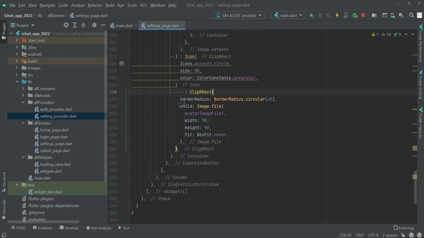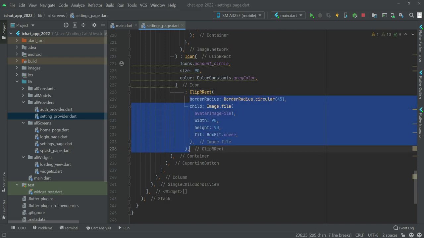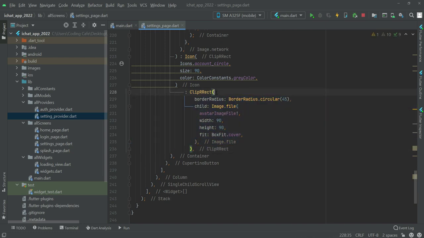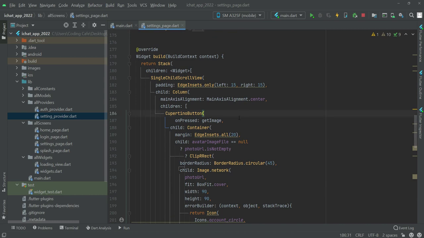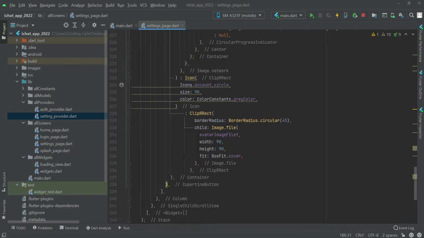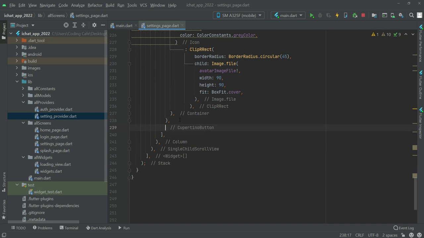this clip rrect, and its border radius will be circular 45. This will be the image, which is the avatar image file. This will be the width and height, and the box fit will be dot cover. Now after this Cupertino button, okay, right here it ends right here, so